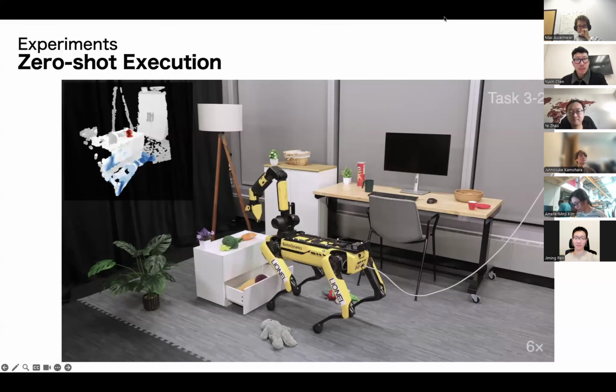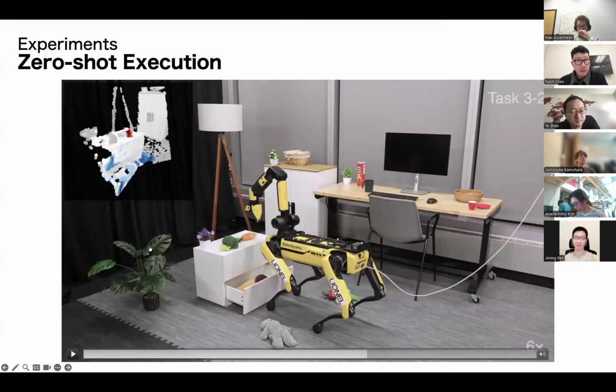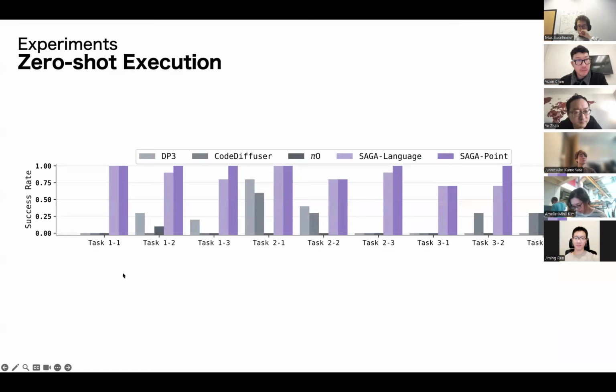Okay. All right. So this is zero shot execution. And so we just do some comparison, especially with DP3, which is the 3D diffusion policy, whose input is the 3D point clouds. But in this case, they don't filter out the semantic meaning, right? So we have to make sure the policy is executed in distribution. Otherwise, it cannot actually generalize to some new object, even with the same shape but different semantic meanings. And for pi 0, it's really bad, partially because pi 0 is not trained on this embodiment.